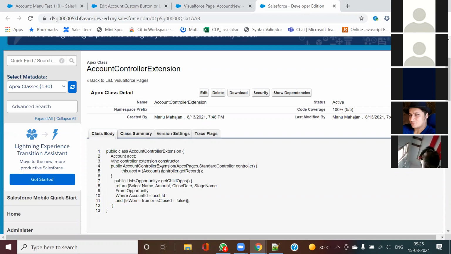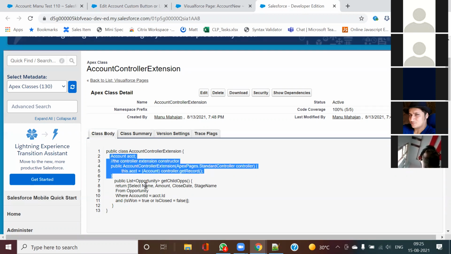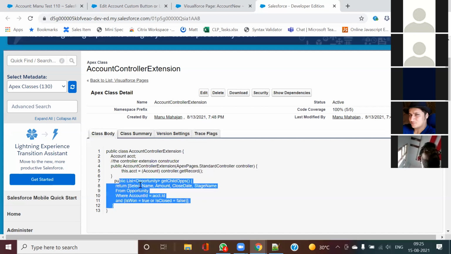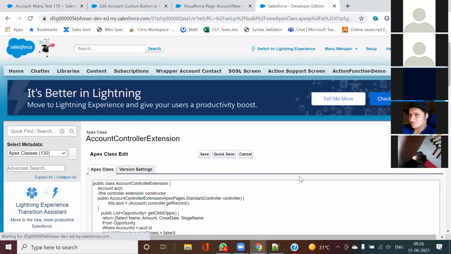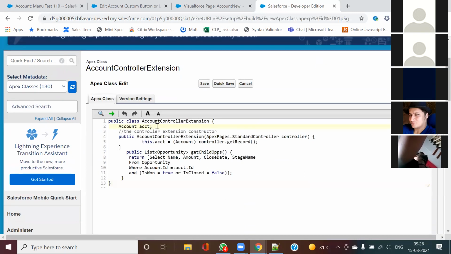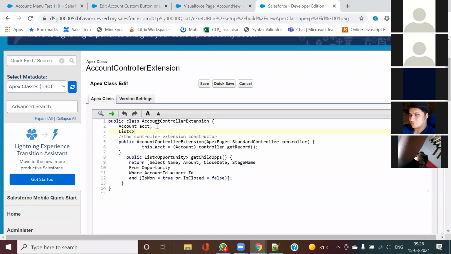And apart from that, here I'm getting the opportunity details. This part is doing my account update part, and this is how I am getting the opportunity. Now, always remember, whenever you need to display the parameters or set the parameter in the VF page, you always need to use getters and setters. One of the ways, you can declare it like this, or the other way, we could have done something like this also. This is another.